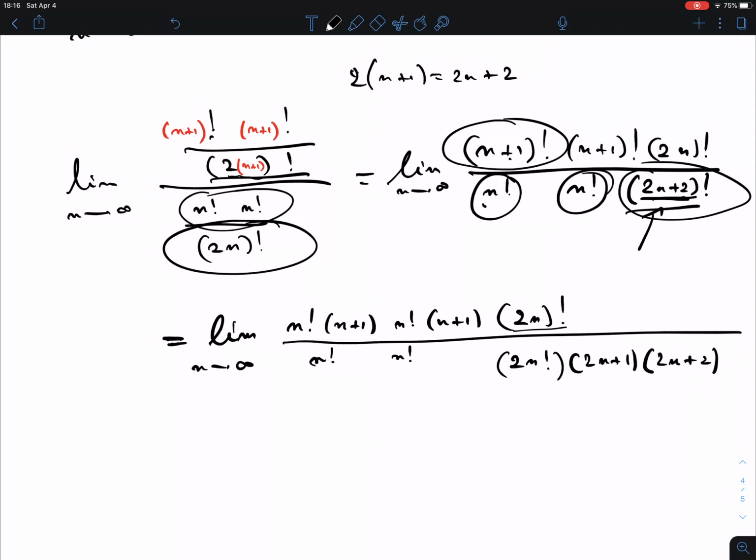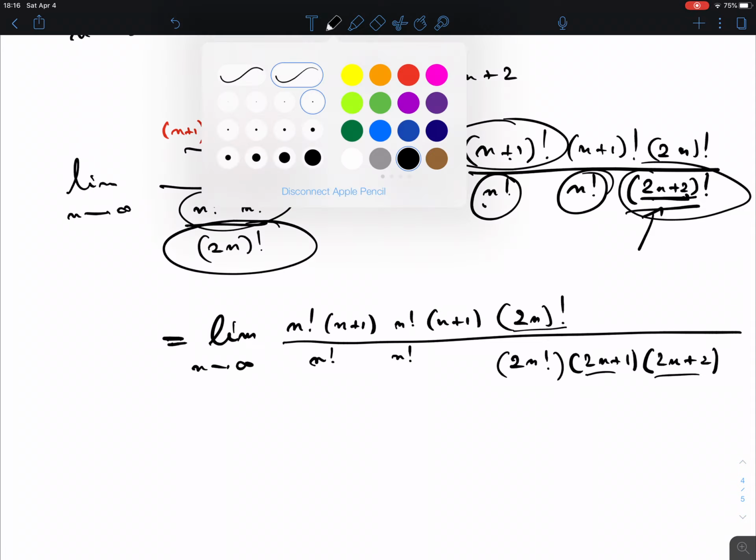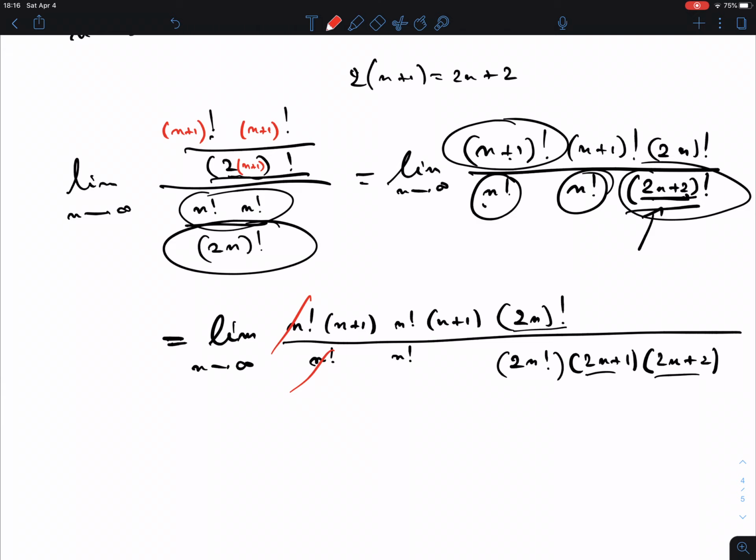So that's perhaps something that you have to get a little bit used to. If you really think about it, this is really what happens. If I go from here to there, what more do I have to do? You have to go from 2n to 2n plus 2 in two steps: 2n plus 1, 2n plus 2. That's why you get these two factors here. And now everything can be scratched out, this with that, and this with that. So what I'm left with,